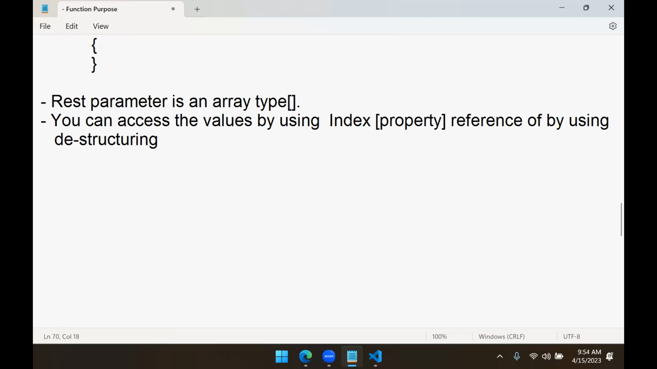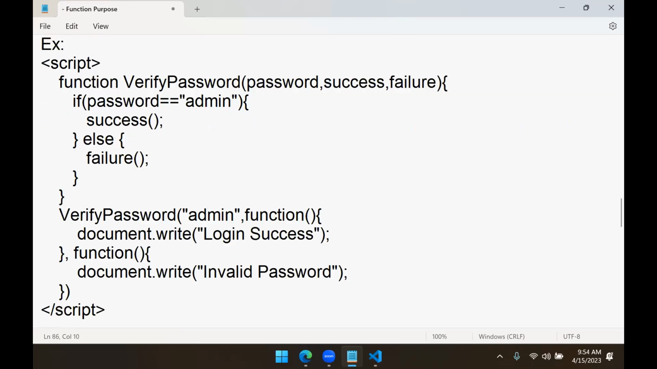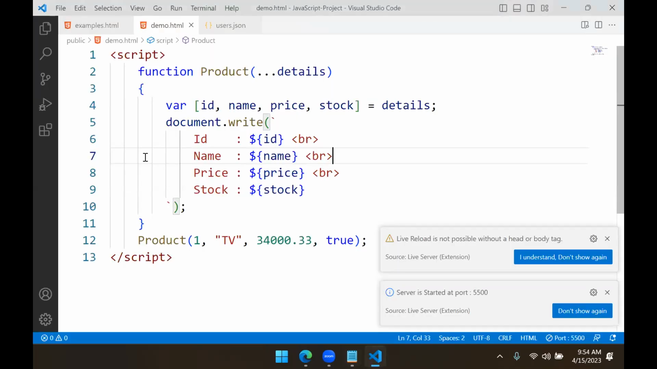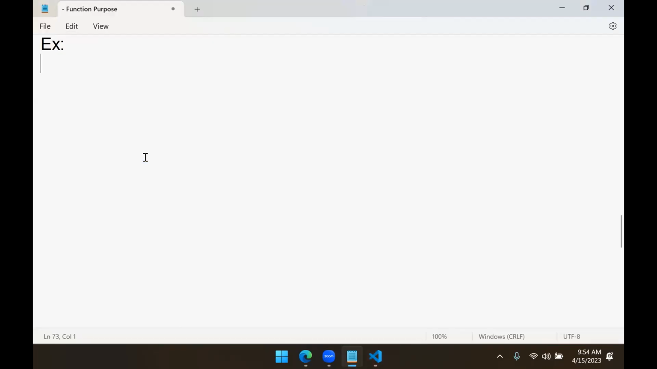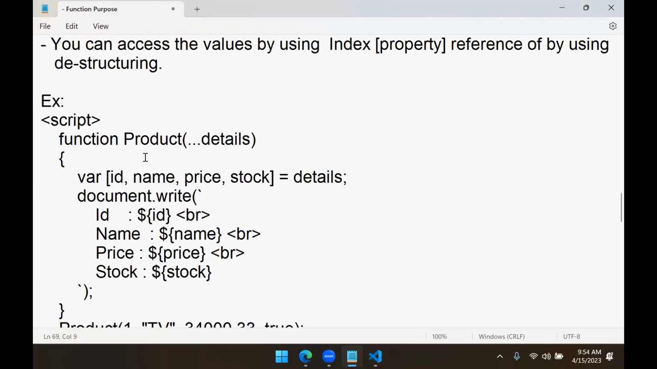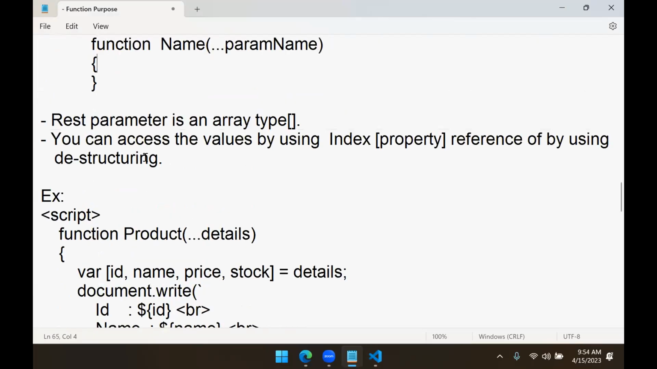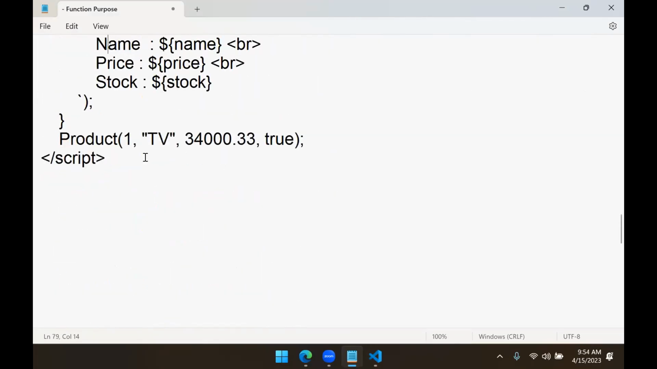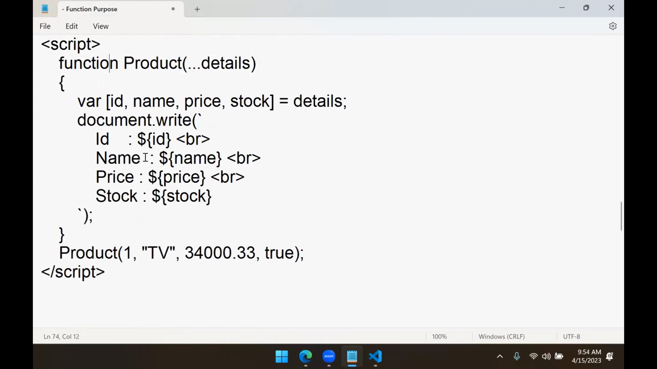Or by using destructuring technique. So this is an example for that. Oh, sorry. The previous one, yeah, I will copy this one. This is an example for that here. Now, here there are so many points you need to know. The key point here is,